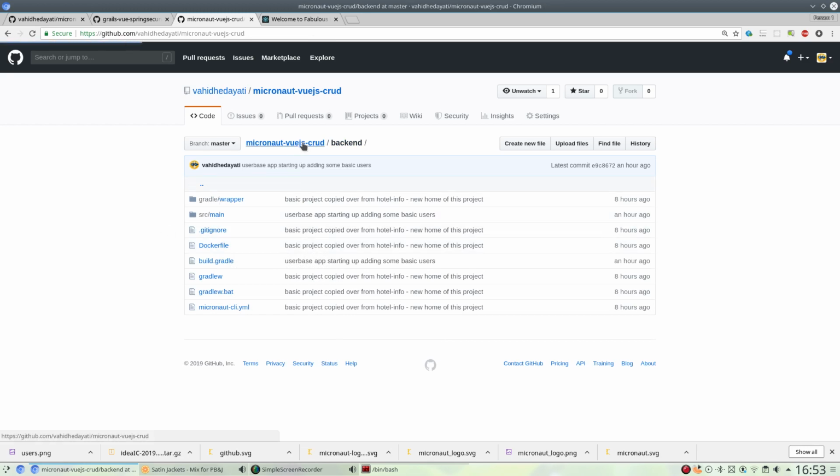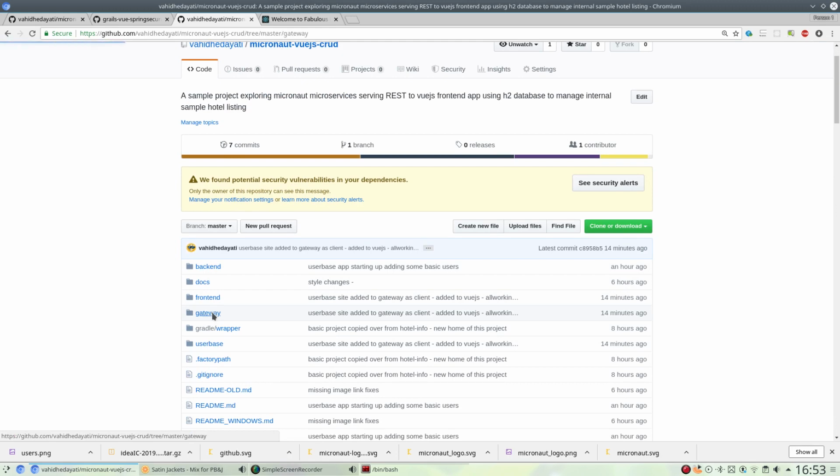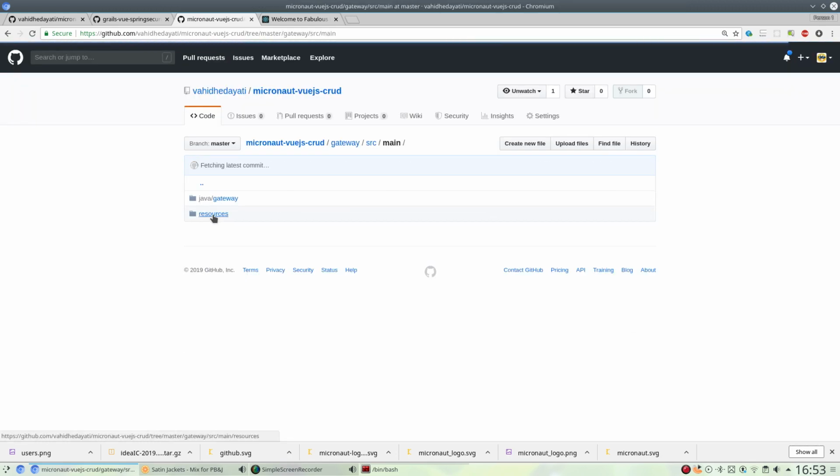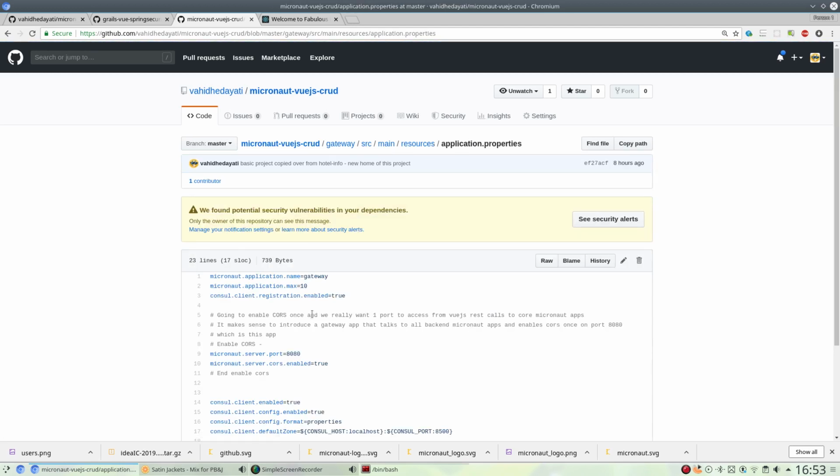Your gateway application is the one that runs on port 8080 and is the one that the Vue.js application talks to. So by support host localhost port 8080. And we've made this the sort of the gateway. The reason for that is because we've enabled CORS on this single instance so that the Vue.js application can talk to the backend through a single